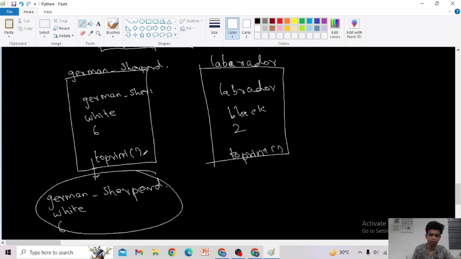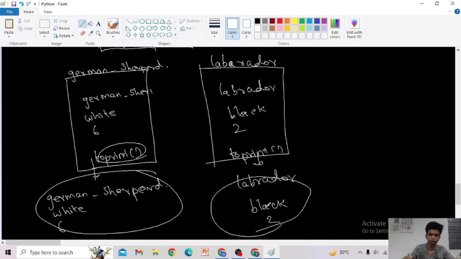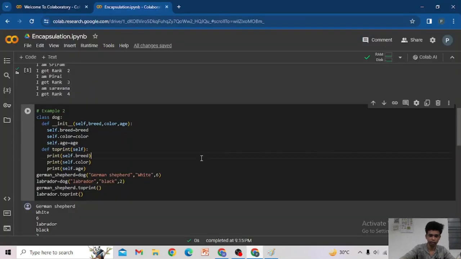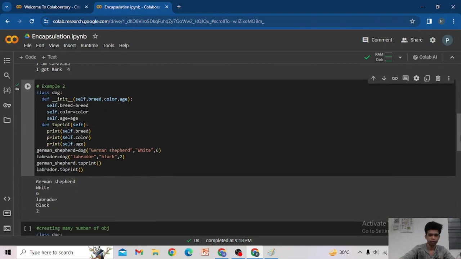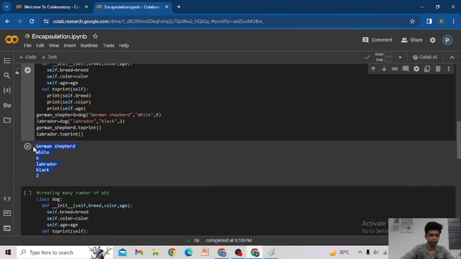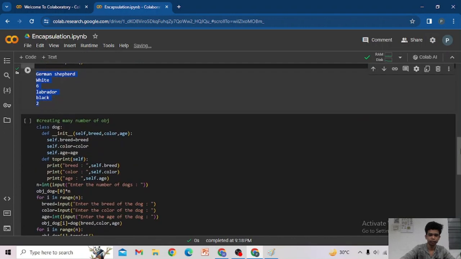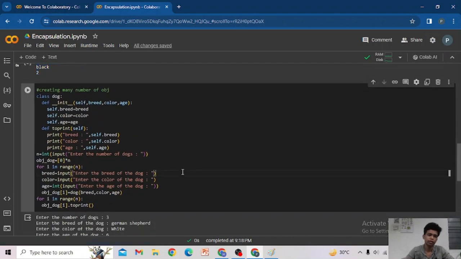This object, the member function will print this. And for this object, the member function prints Labrador, black and 2. This is the output. Fine. Let me check here. See here. Understood? Now next one is something more important than the previous 2 examples, creating many number